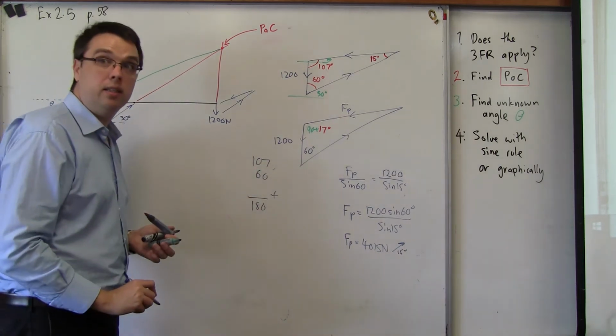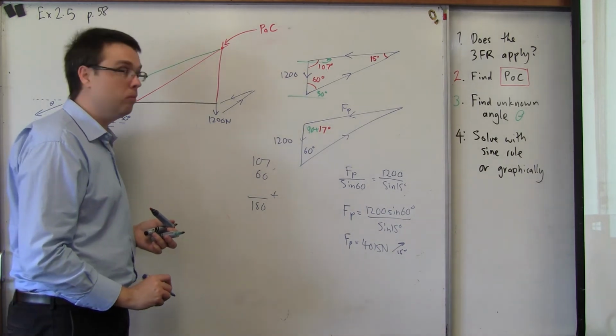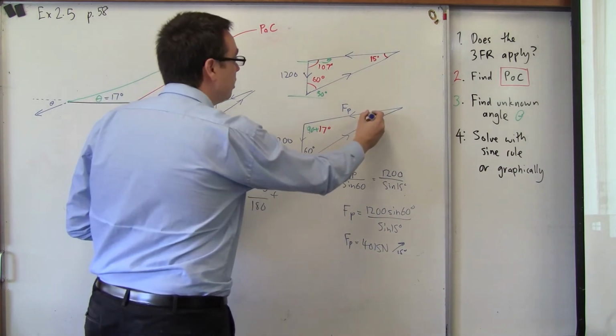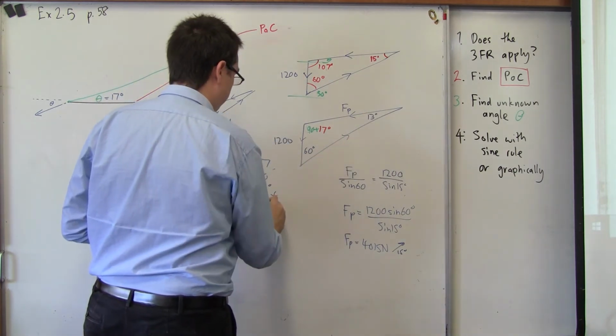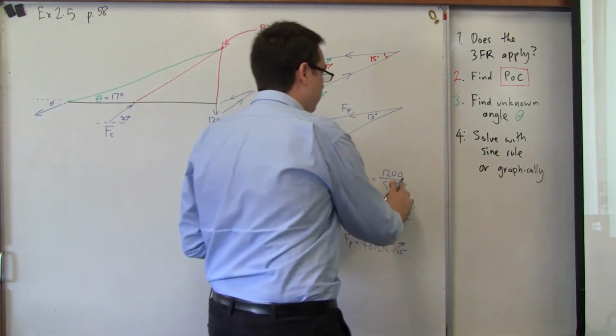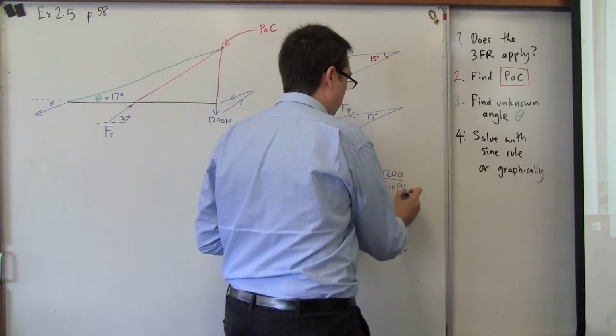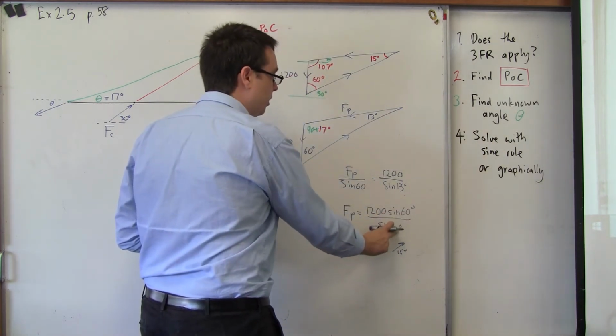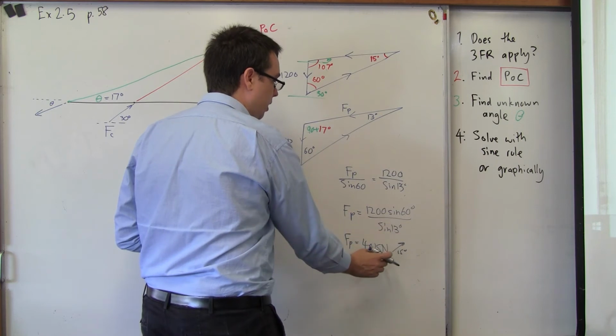What do I need to add to get to 180? 13, exactly right. So this here is going to be 13. Now, 1200 sine 60 divided by sine 13 equals,